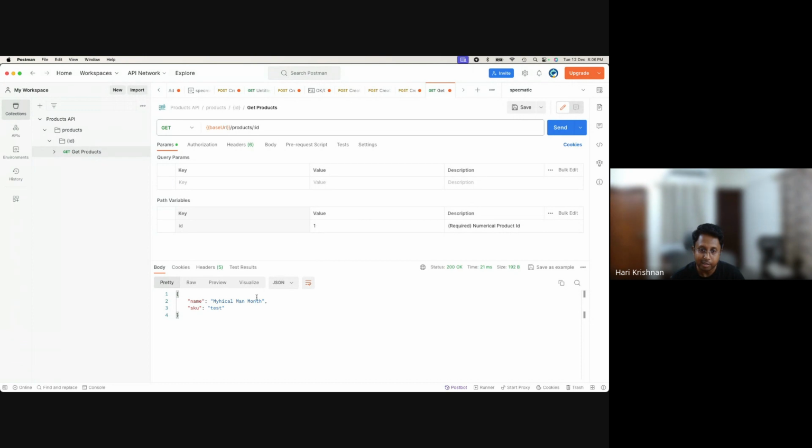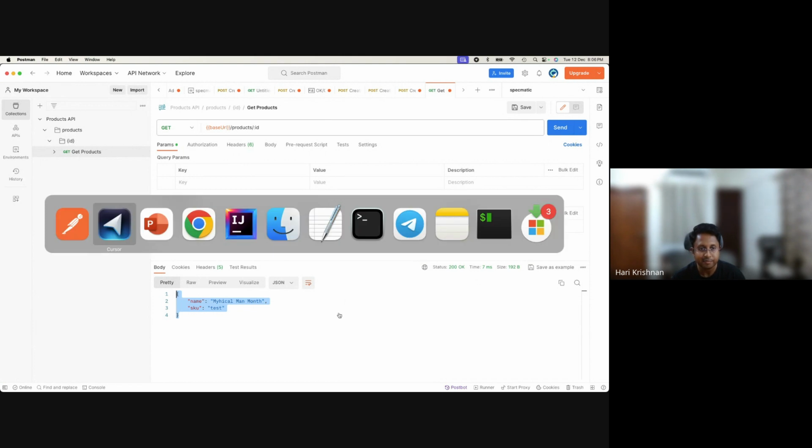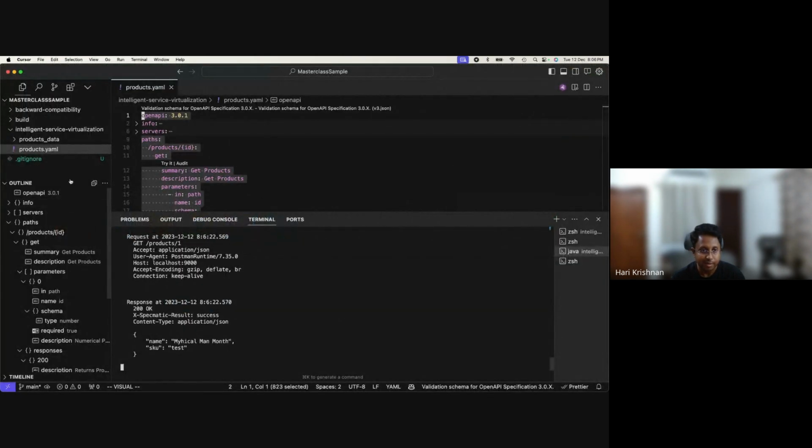And what I get back is this name called Mythical Man Month, the book, and then the SKU is test. And any number of times I keep sending it, I'll get the same thing back. It's interesting, right? The rest of it was always auto-generating the values, but here it's not. And how is that? If you go back to my folder structure, you'll notice that this is my products.yaml API